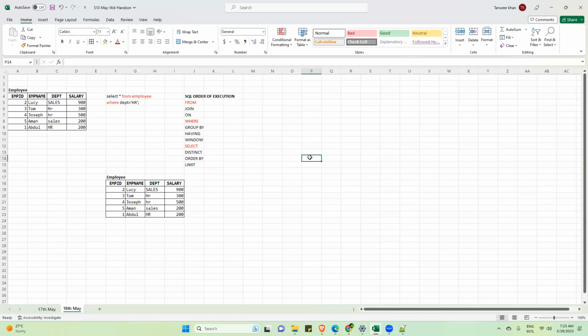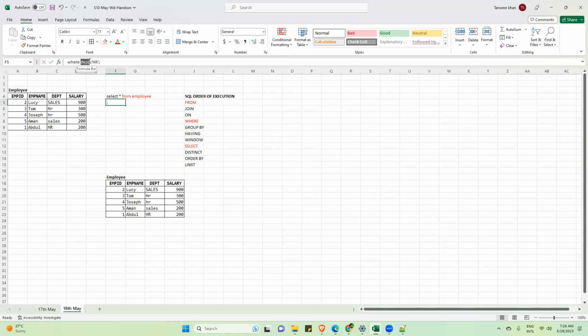So the moment the engine sees that you have mentioned where, the engine will understand that the user wants to filter the data. Now, what is filtering the data? You all know, because filtering is a very common activity we do in our daily life. Like suppose if you want to buy something from an e-commerce platform, Flipkart, Amazon, or any other platform, you will filter it. We apply filters, right? So the same filter we are applying here. So where means to apply a filter.